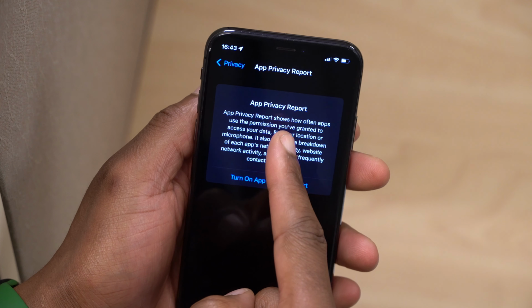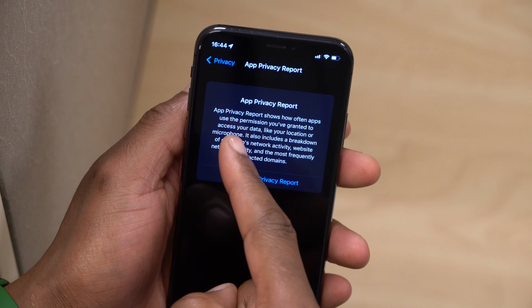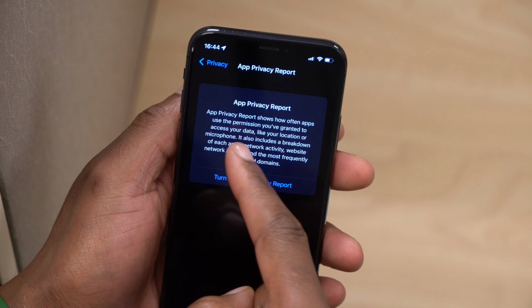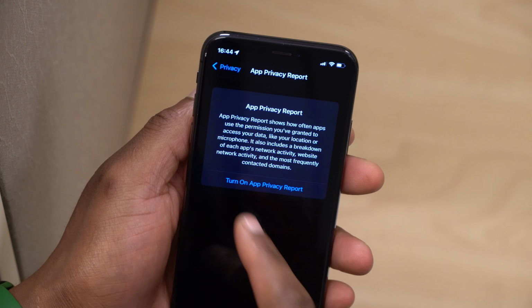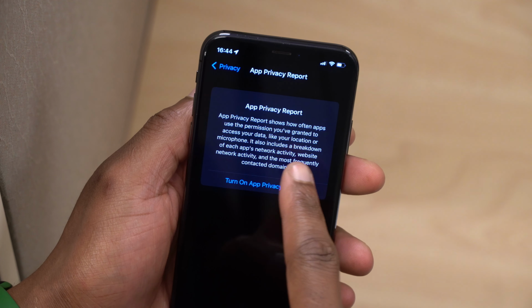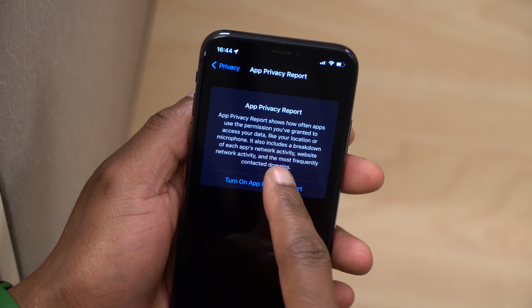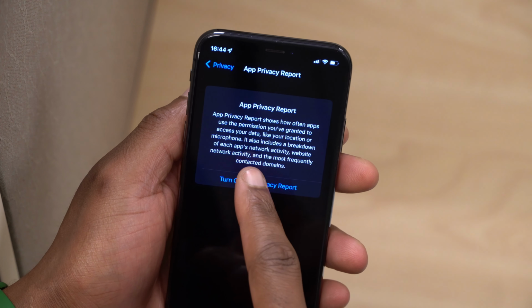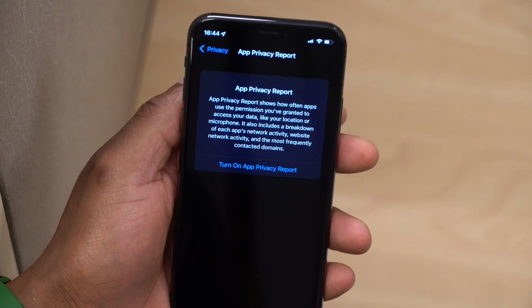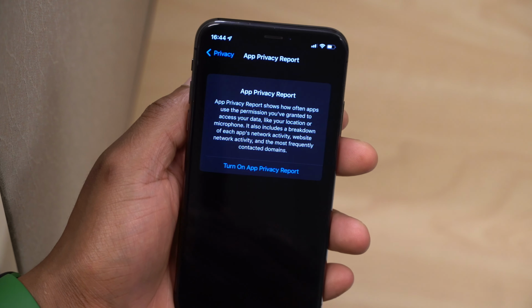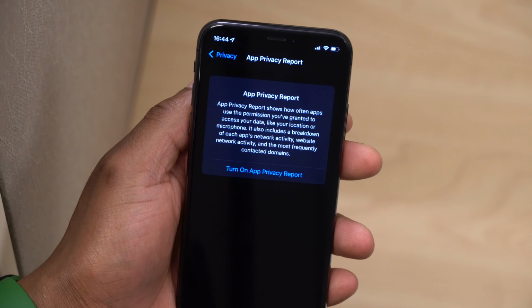App privacy report shows how often apps use the permission you've granted to access your data, like your location, microphone, and so on. And it includes a breakdown of each app's network activity, website network activity, and the most frequently contacted domains. So this is advanced information that you are getting from Apple when it comes to privacy.